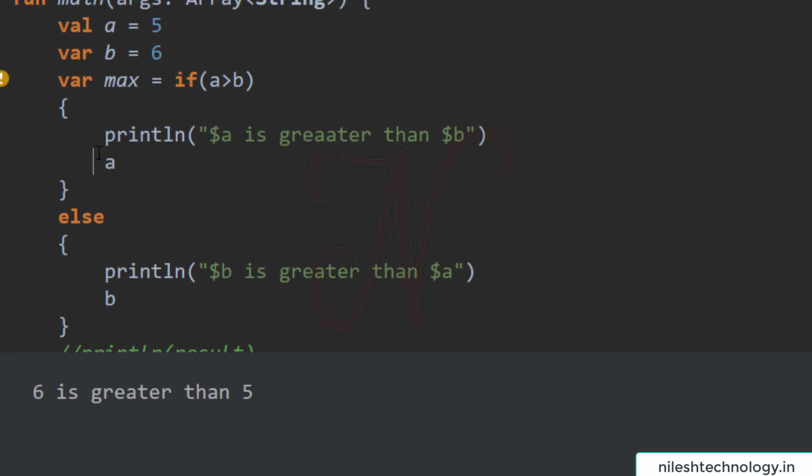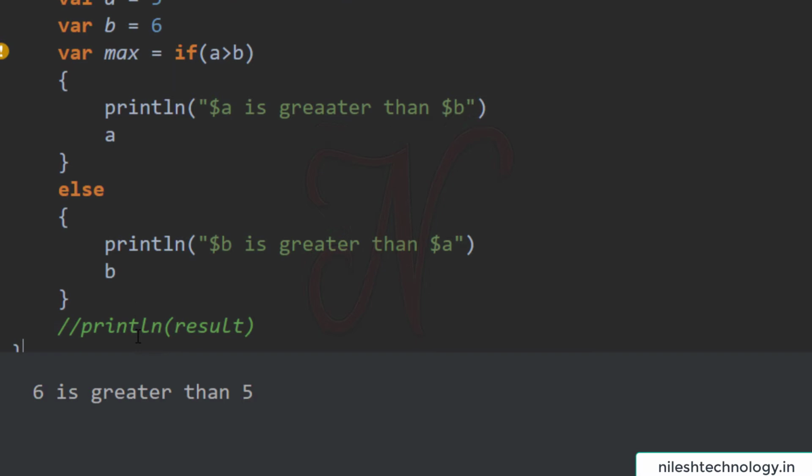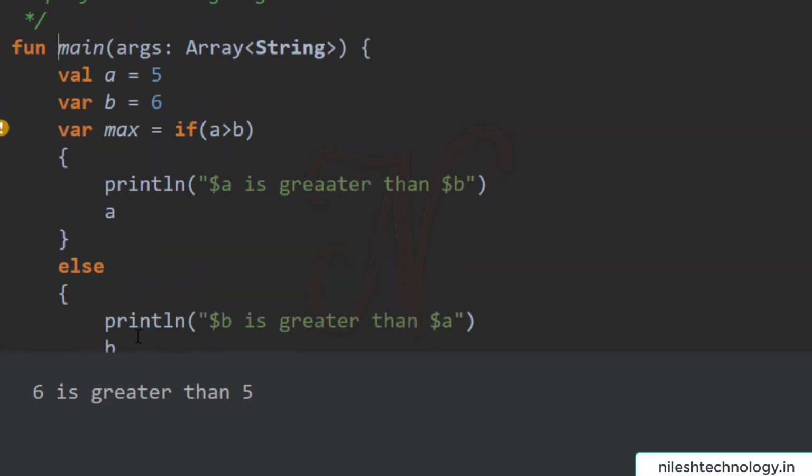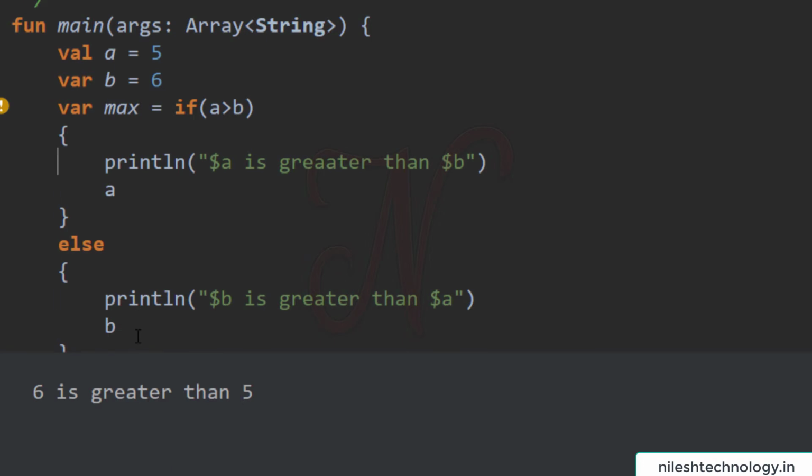So this value of a or b is returned to this max variable. This max variable is printed after the if else block. See here, the value of a is 5, b is 6. Check, is a greater than b? No, it goes to the else block. So this message is printed, 6 is greater than 5.